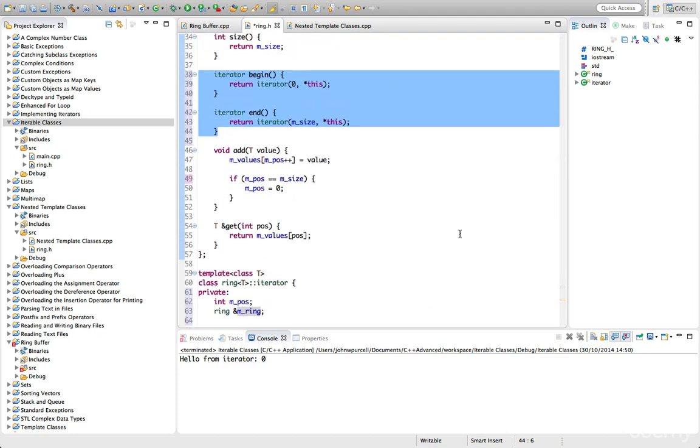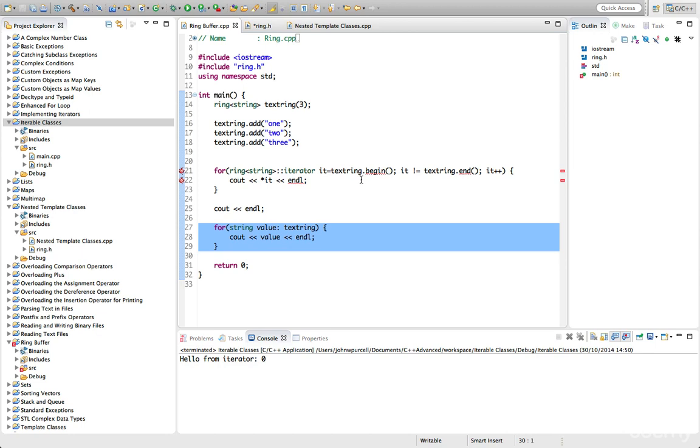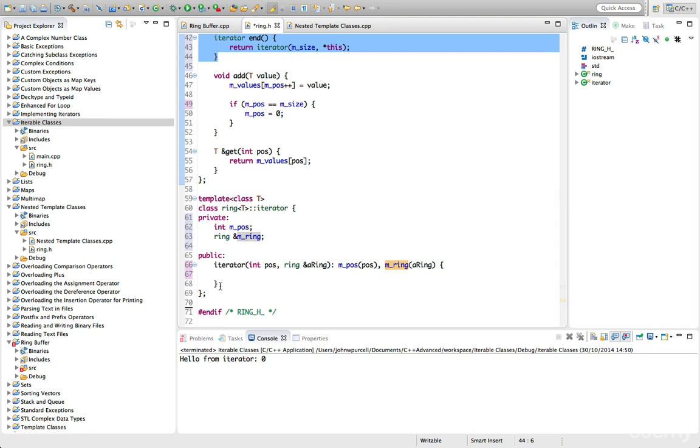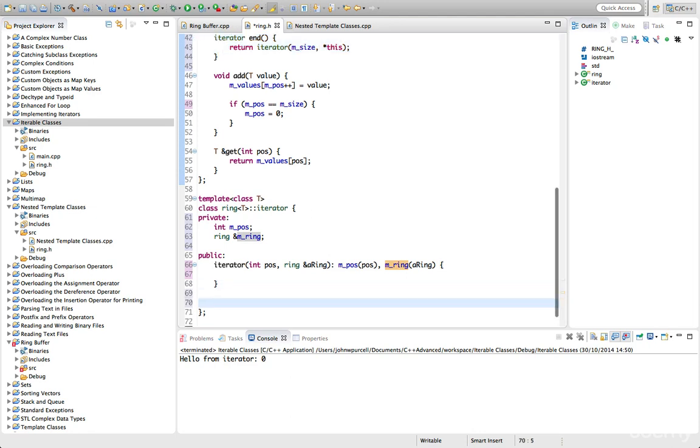Now to make use of this iterator, we're going to have to be able to increment it. We're going to have to implement ++. So to do that, we'll go back to ring here, and this is going to be a member function. The ++ operator should return a reference to the thing that it iterates. So let's say iterator reference